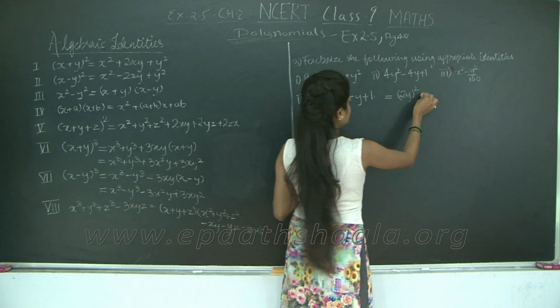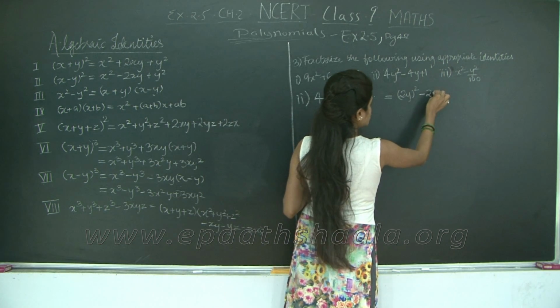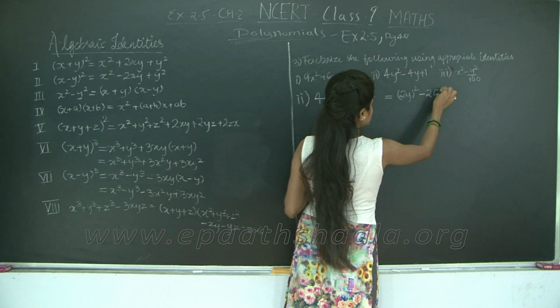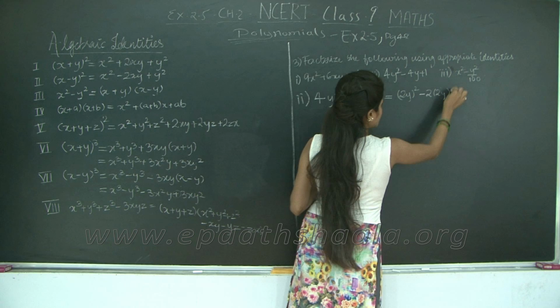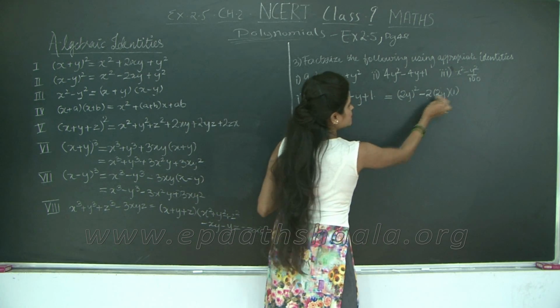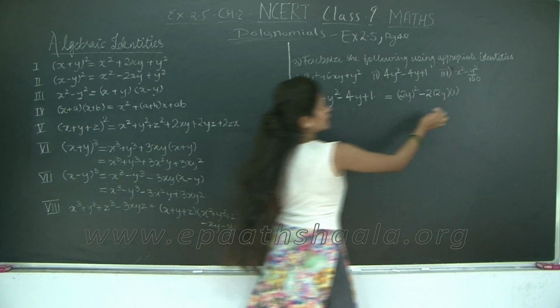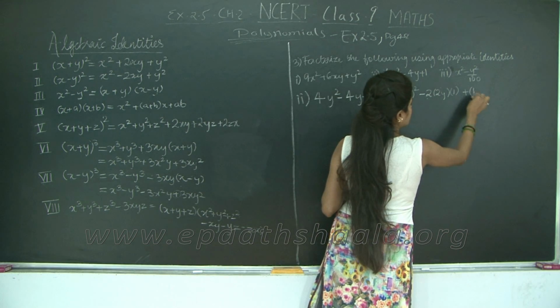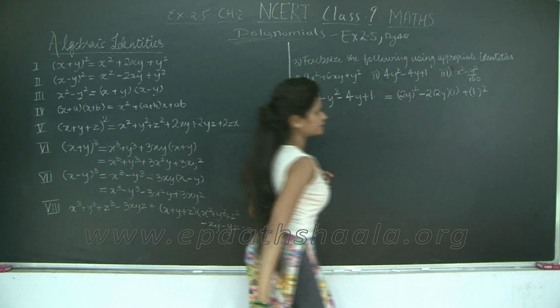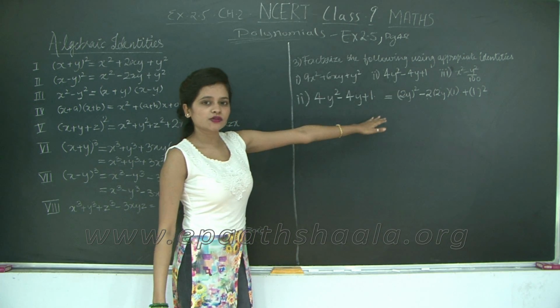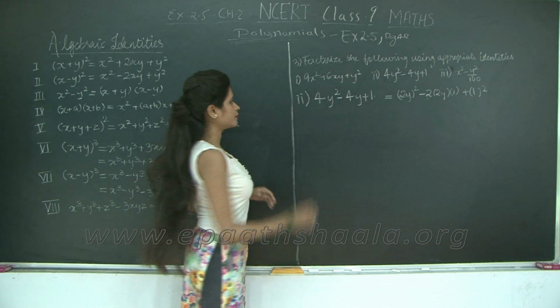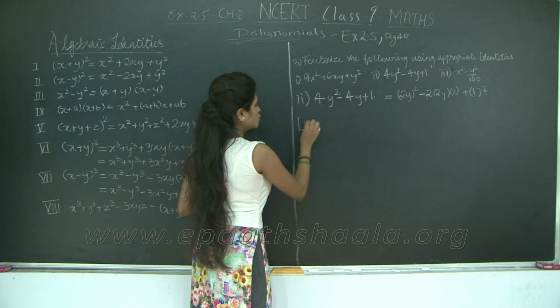So I'm going to split 4y into 2y into 1, right? This gives me (2y) minus 1... 4y plus 1 the whole square. Now we can solve this using our algebraic identity number 2. So I'm going to say using